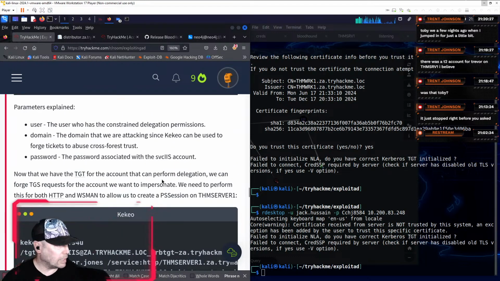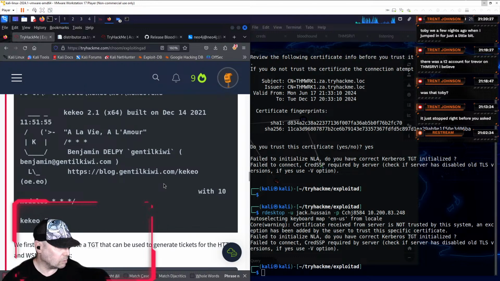Is this something that we needed to have persist from previous tasks?